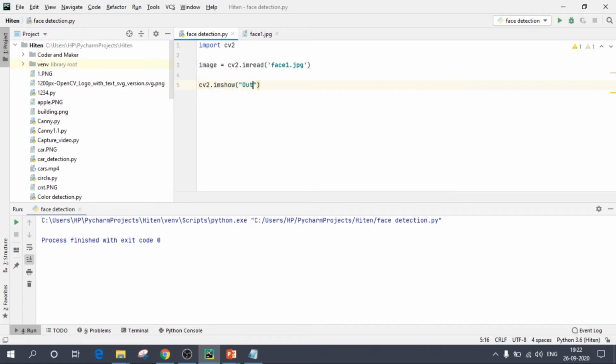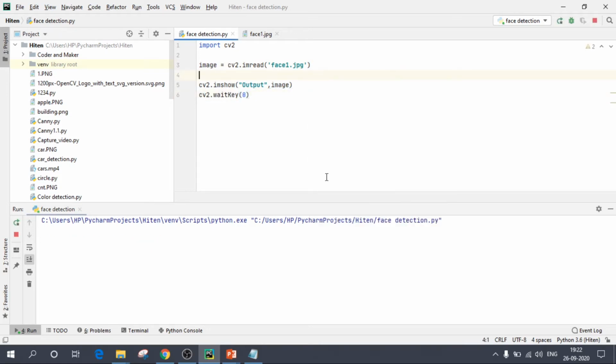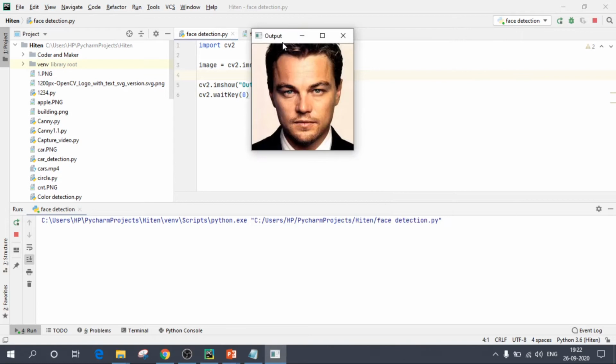I'm typing output, comma, the variable in which my image is stored. This is the output window name, and this is the variable in which my image is stored. I'll provide a delay of infinite seconds, so waitKey(0). Now if I execute this code, it should load my image. So this is my image.